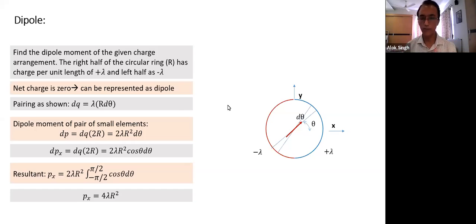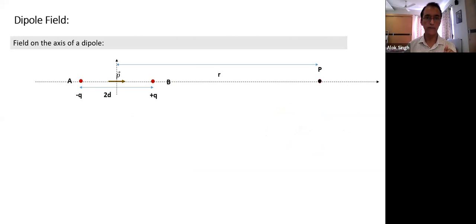The moment we see a charge arrangement which has zero net charge, it should again ring a bell. It would be a dipole. It's a vector quantity. And if it is like this, we need to add the components. We should not directly integrate. That's the point we keep in mind, and we can find dipole. So we'll have a quick recap. We call dipole as a dipole moment also. Why do we use the moment? Whenever any quantity is multiplied by distance, it becomes like a moment. So torque is also a moment of force, like that. So dipole moment. This is what we have done.